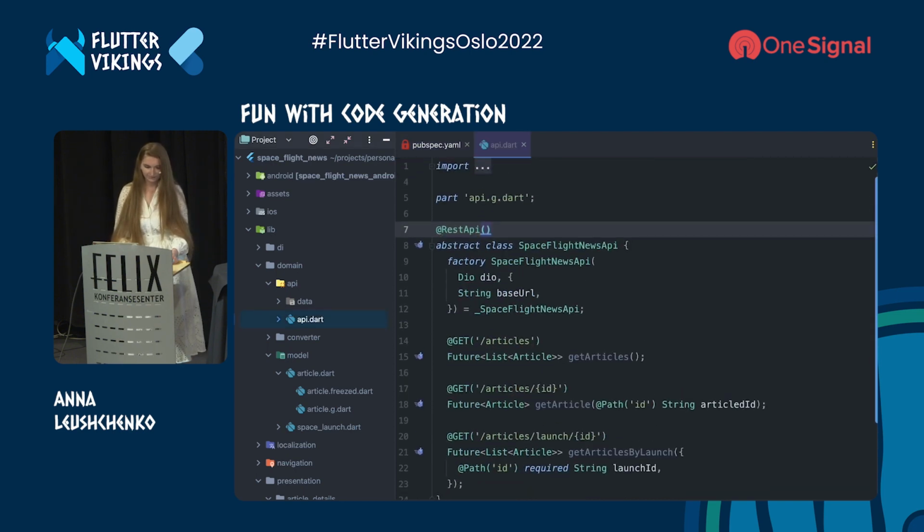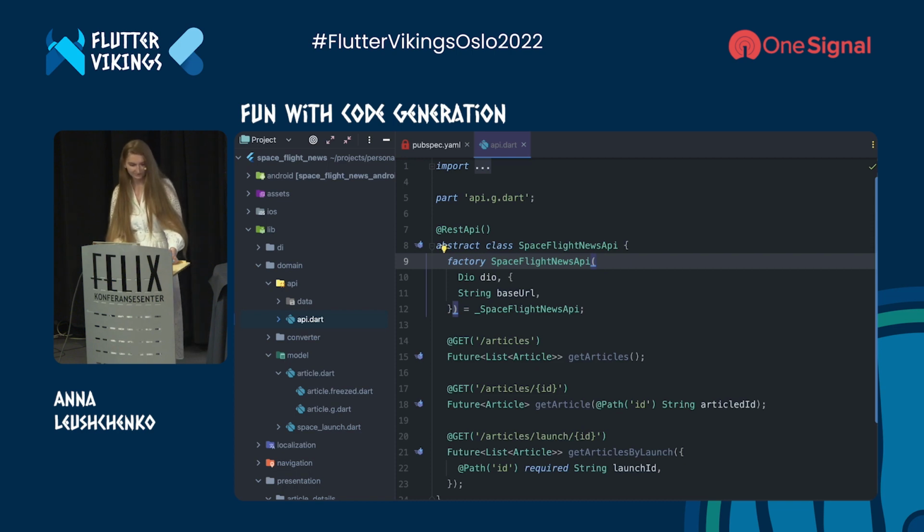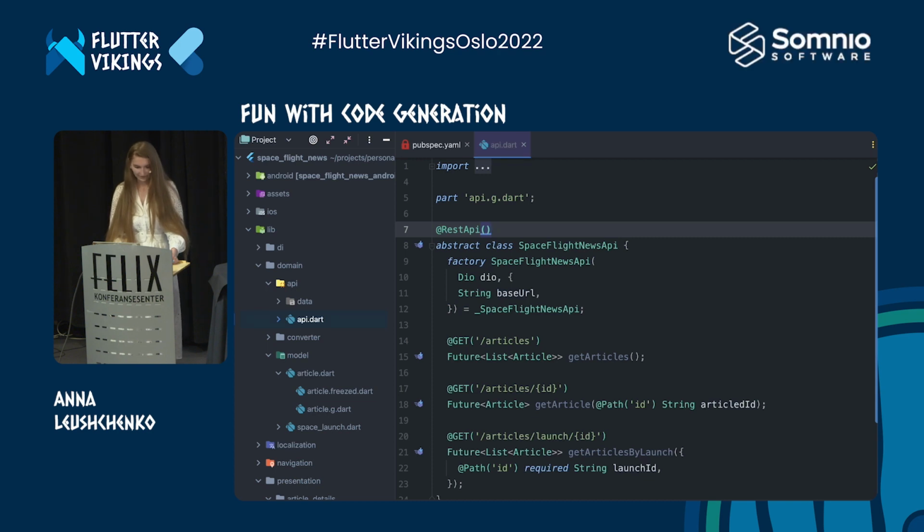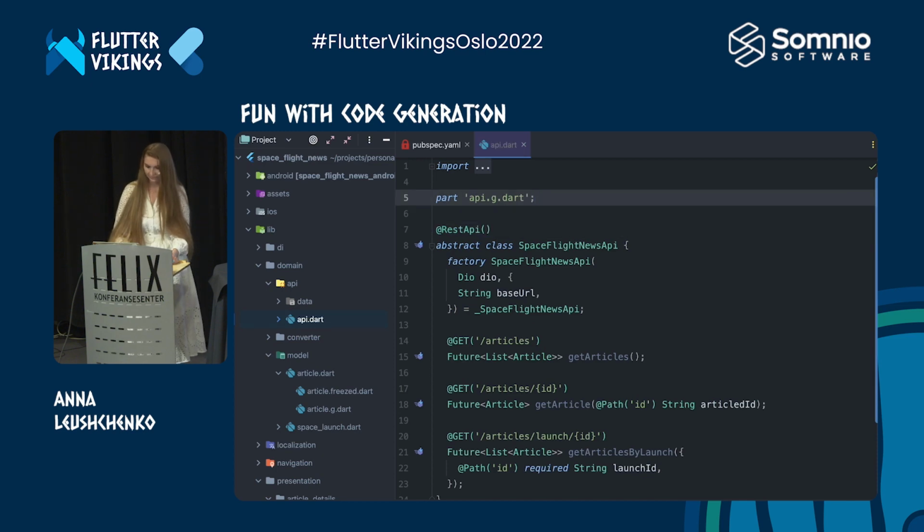A new version of Spaceflight News API still injects Dio and base URL in the constructor, and still has the same three methods. But I didn't have to implement those methods myself. All I had to do is specify the request path, parameters, and return type. Thanks to this REST API attribute, the method implementations were generated into this part file.